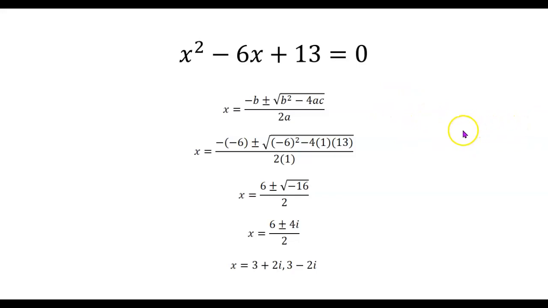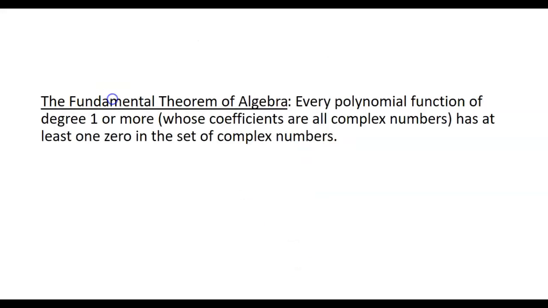Well, the answer happily turns out to be no, we don't need any more numbers beyond the complex numbers. Once we have the complex numbers, we have all the numbers we need to solve any polynomial equation of any degree. And in fact, that fact is known as